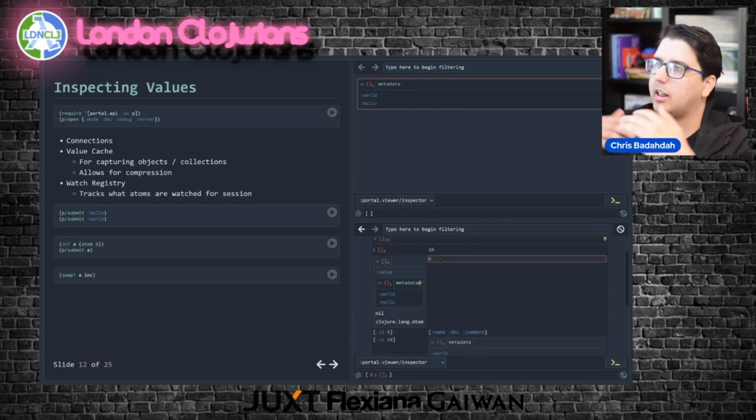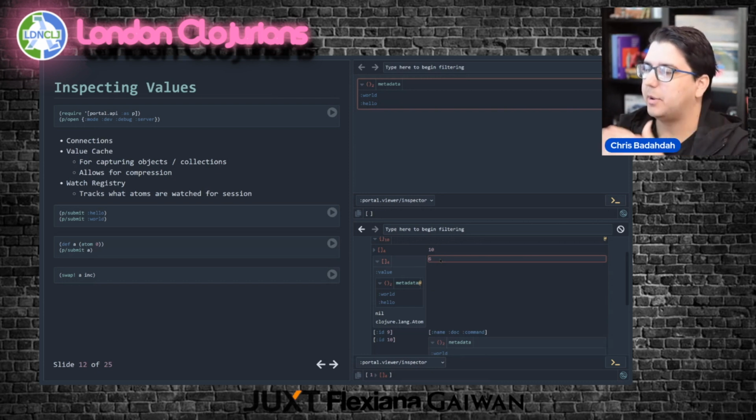So when the client and the server are communicating, they can just communicate some IDs if the values have already been communicated. And this is one of the really cool patterns that I like about having immutable data structures in Clojure, is that you can do composite keys in your maps, and everything just kind of works.